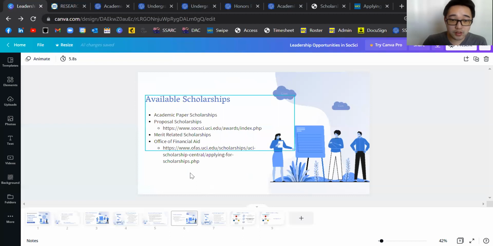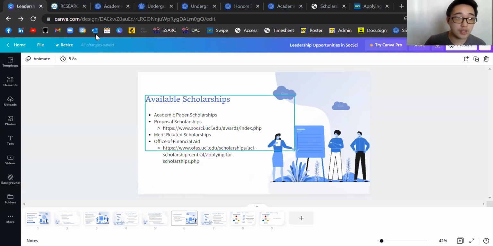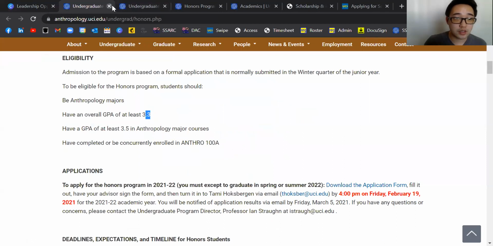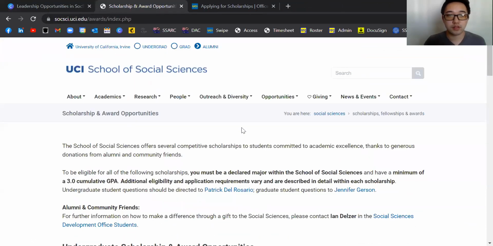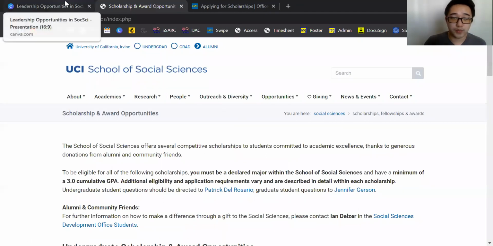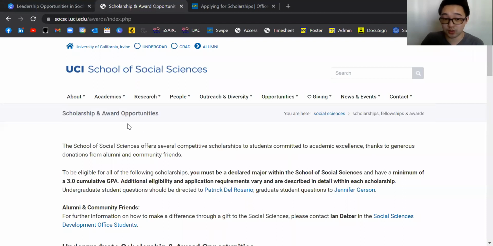Okay. The other thing that is important for doing research is the scholarships. Okay. So these scholarships that I'm going to be talking about are going to be separate from what the financial aid office is going to be offering. And I'll go ahead and show you what this might look like here. Undergraduate programs, scholarships. Okay. So this is going to be the list of different scholarships that are offered specifically to social science